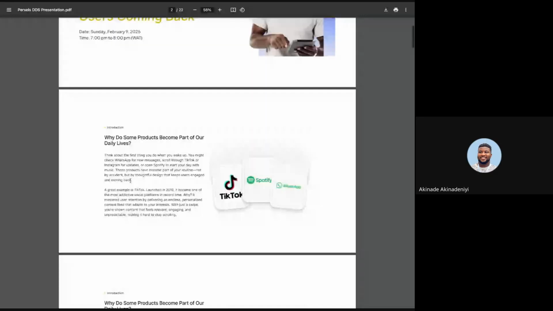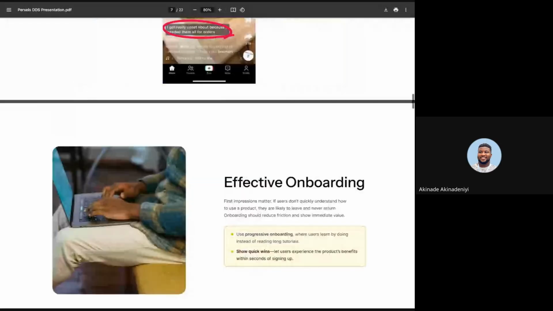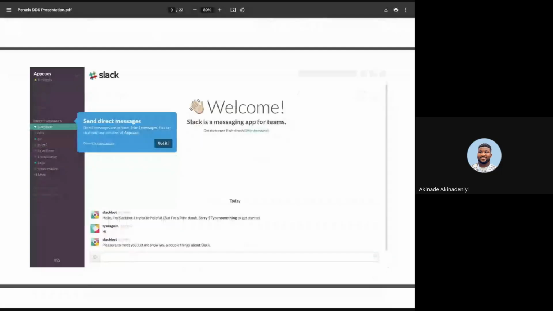I'm going to share it again. Can you guys see my screen well now? Yeah, we can see your screen.